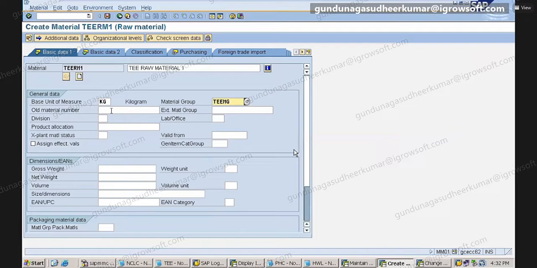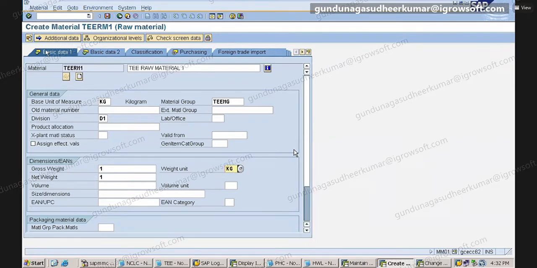Now division. What is the division we created? D1, sir. Yes, D1. Then gross weight is 1 kg, net weight also 1 kg. Then kgs I am giving like this. Note down, this is the first view.